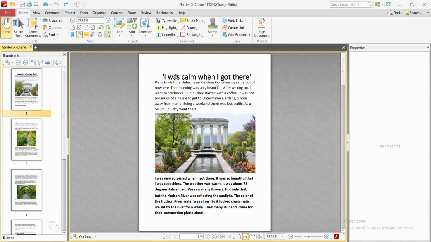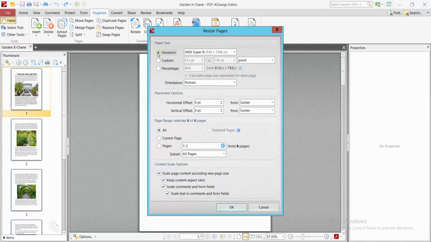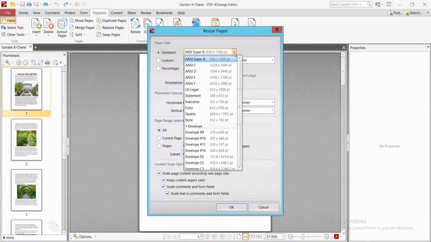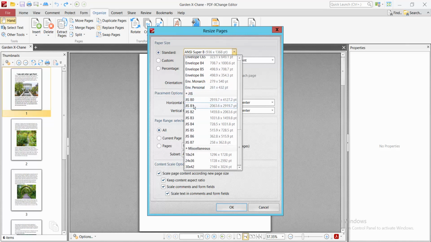Open your PDF file. Now select the Organize option, select the Resize option, select the Standard Size option, and click this down arrow and scroll down. There are many kinds of JIS paper sizes. I'll choose JIS B4